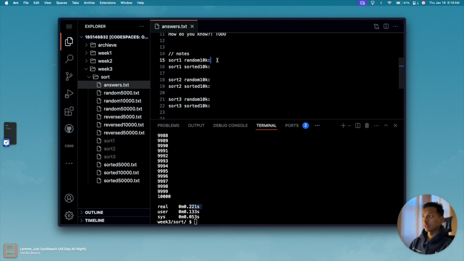So sort 1 on random 10k, it took 0 minutes and 0.221 seconds. So I'll say 0.221 seconds. Okay, cool. And then if I were to do this for sort 2, how much time would that take? So let's come back here, sort 2, press enter. Okay, so sort 2 took